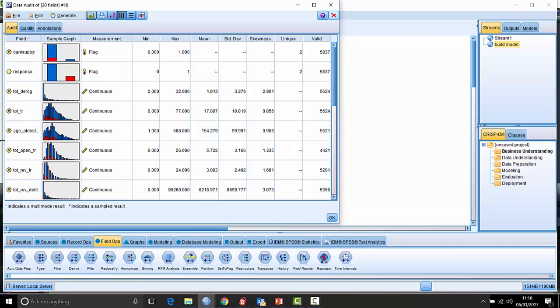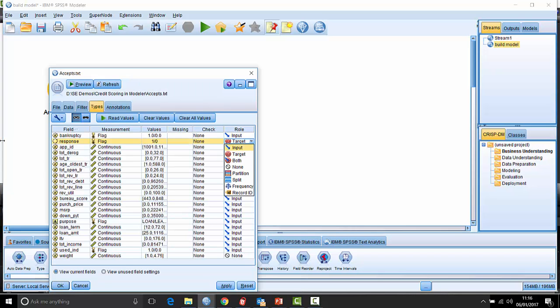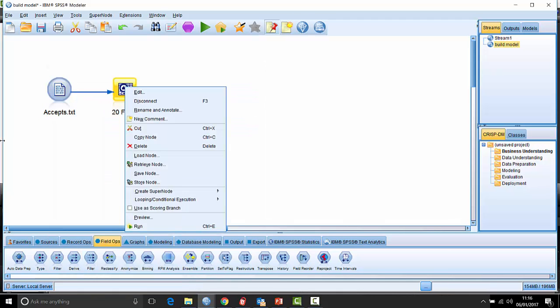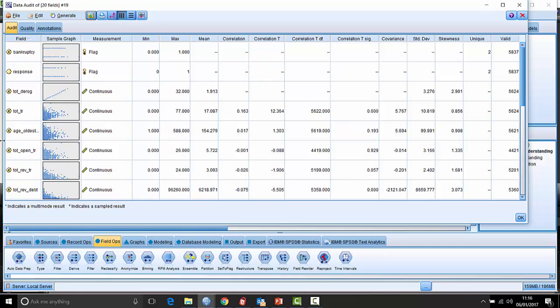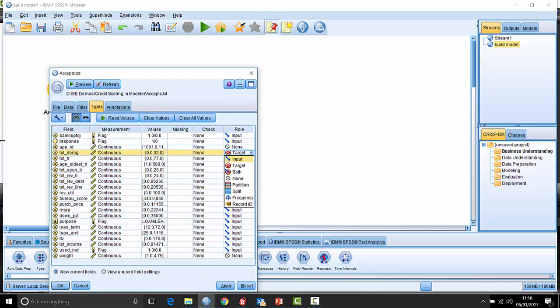People don't know that it isn't just the categorical or dichotomous flag fields like this that can be used to color the charts. If I change the target here to a continuous field, I make that the target field, then it changes immediately, takes account of that, and it turns them all into scatter plots. So it's showing every field in relation to this key target field here, which is shown a third one down. Okay, if we go back there and just swap that back to response,